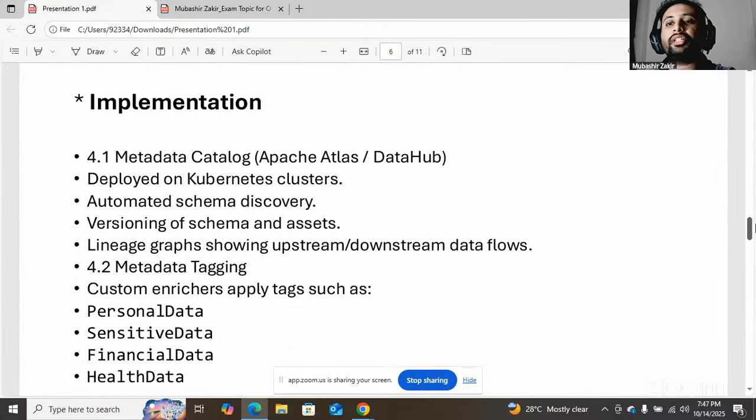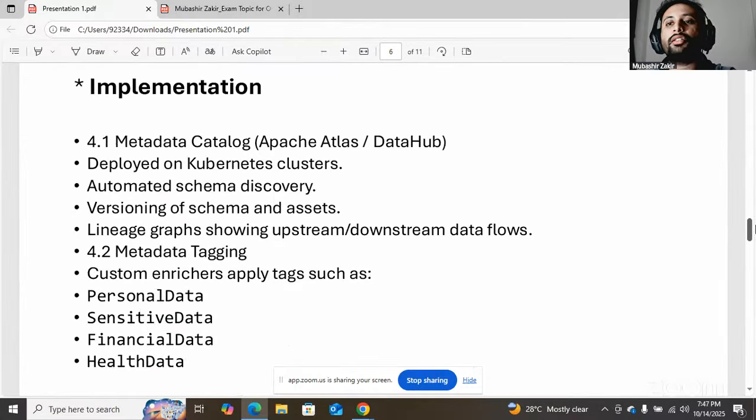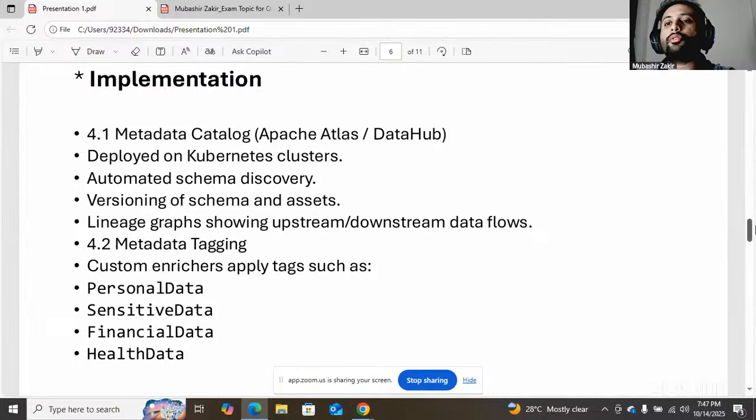Now the implementation part. Our metadata catalog will be deployed in a Kubernetes cluster because it is a cloud native solution. So we have involved the microservices on which we have developed this whole architecture. So we have deployed that on Kubernetes clusters.